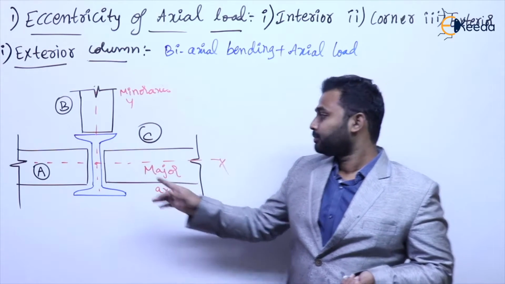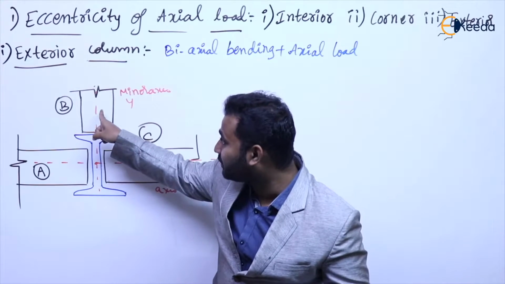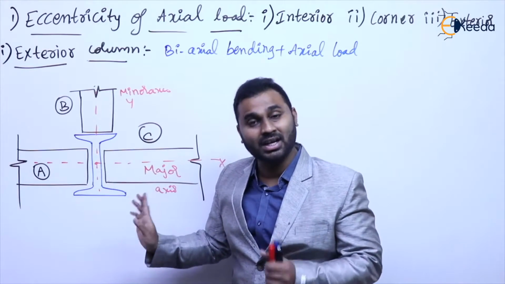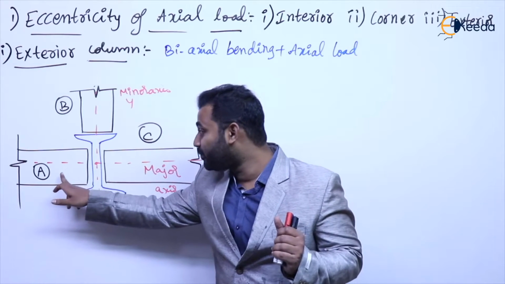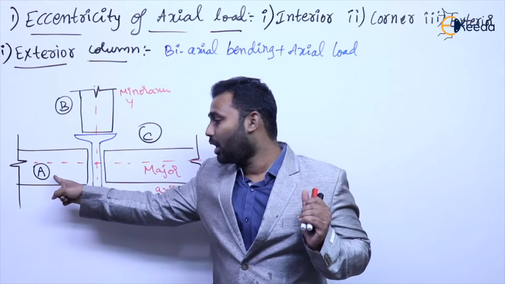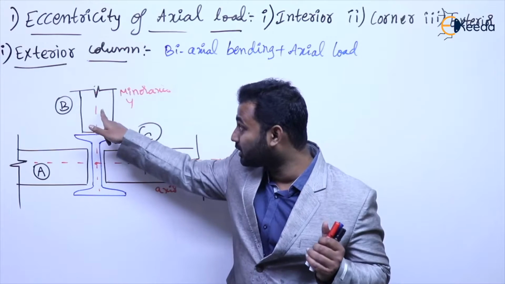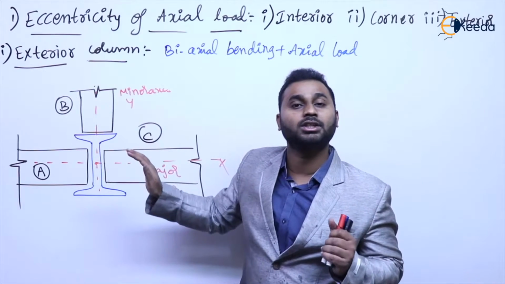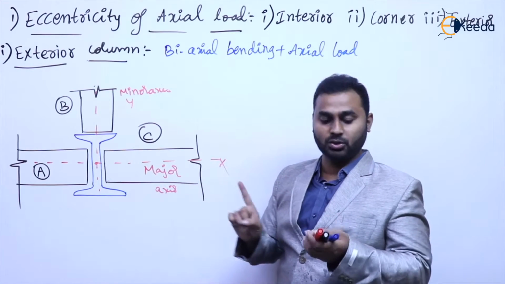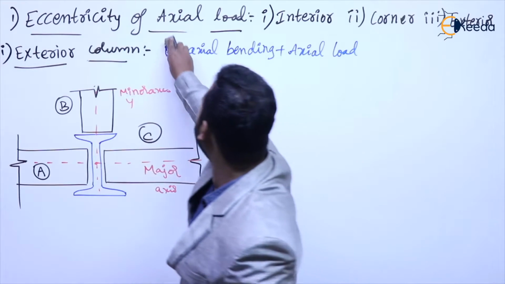Now if you observe, here there exists moment onto this column because of this beam B, provided the spans and cross-section properties of beams A and C are equal. Is that okay? If the reactions transferred by these opposite beams A and C are equal, then there exists moment onto the column only because of this beam B. And in which direction is the moment going to act? Along the major axis. It means only in one direction the moment is going to act. So in most cases, an exterior column is subjected to uniaxial bending.